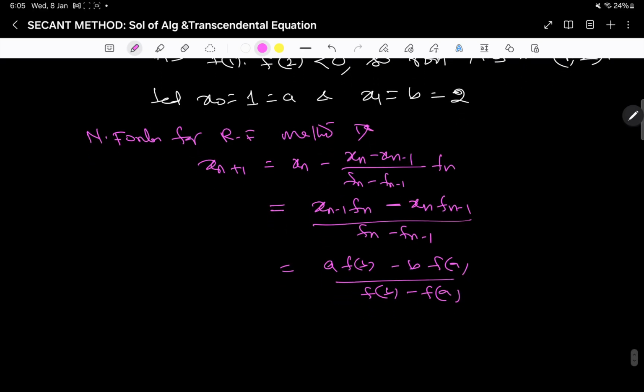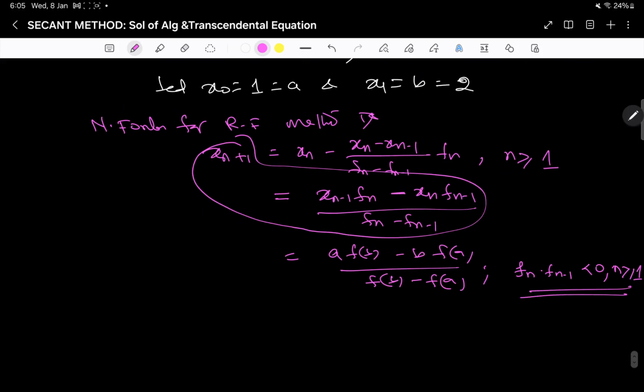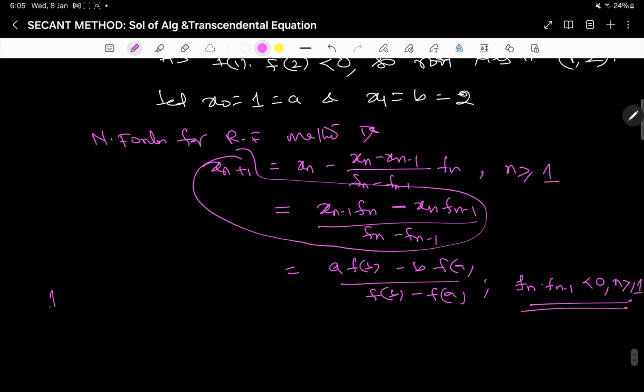Where in each step we have to ensure that f(n) into f(n-1) is negative for all n greater than or equal to 1. Also here n is greater than or equal to 1. You may use it. So here now for the first approximation